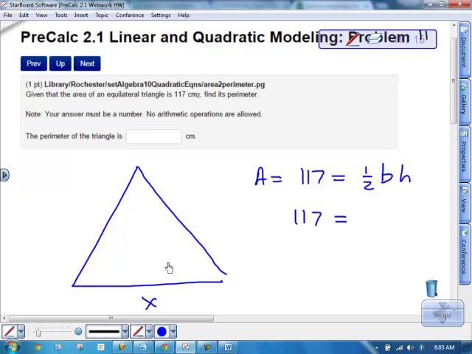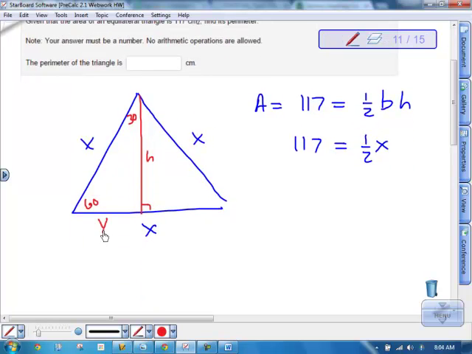Now, the base, I'm going to call these sides x, because they're all the same. So it's 1/2, the base would be x. I'm going to get the height in terms of x now, so I'm going to draw the height in here. Now we know that this is a 60-degree angle, so that would make this a 30-degree angle. So we have a 30-60-90 triangle. You can use the Pythagorean theorem here if you want, but I'm just going to use my special right triangles to know that